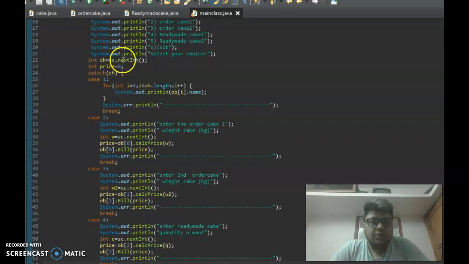In it I assign price is equal to 0. In case 1, for int i is equal to 0, while i is less than the length of the object array, it will print the cake and name.